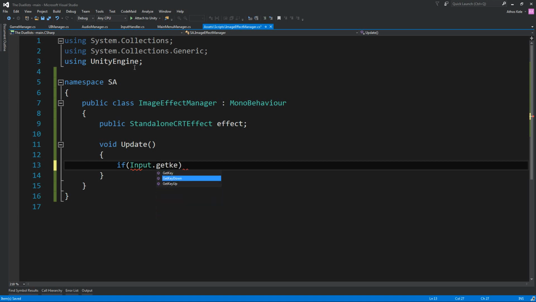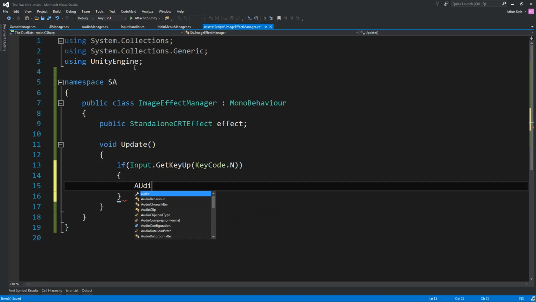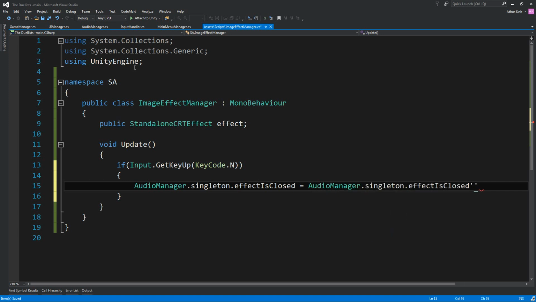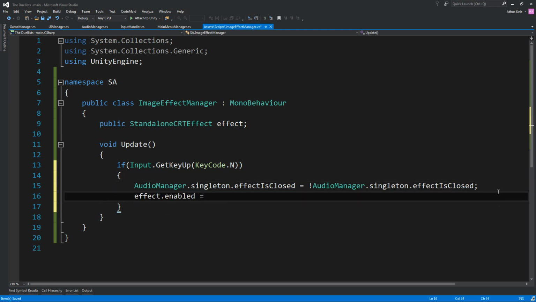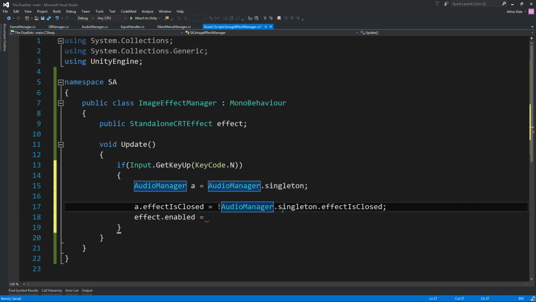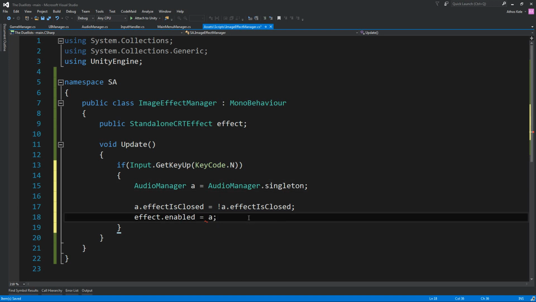Okay, if key input dot get key up, whatever key code, go to the audio manager dot singleton dot effect is closed and set this to audio manager singleton effect is closed but the opposite, and then effect dot enabled equals audio manager dot singleton dot effect is closed. Yeah, okay, this is horrible. And actually, you know what,